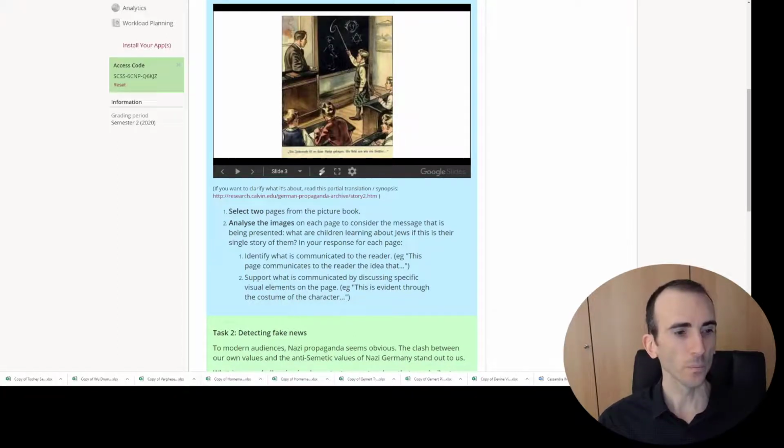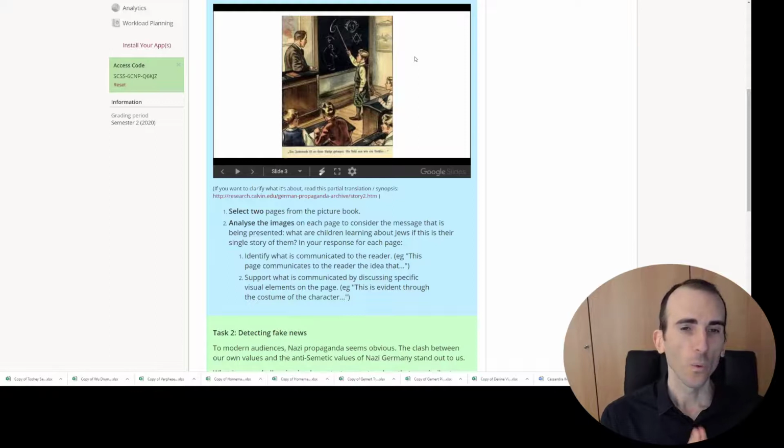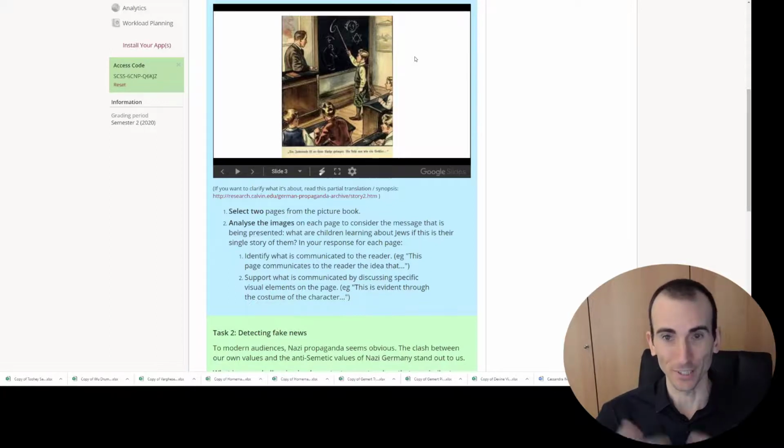In school, the class is taught ways that they can identify poisonous people. The boy is learning that Jews have noses shaped like the number 6, that they are fat with beady eyes, and that they can be identified by the Star of David. They're the first 2 pages to get you started to see the ideas that are presented to children in this